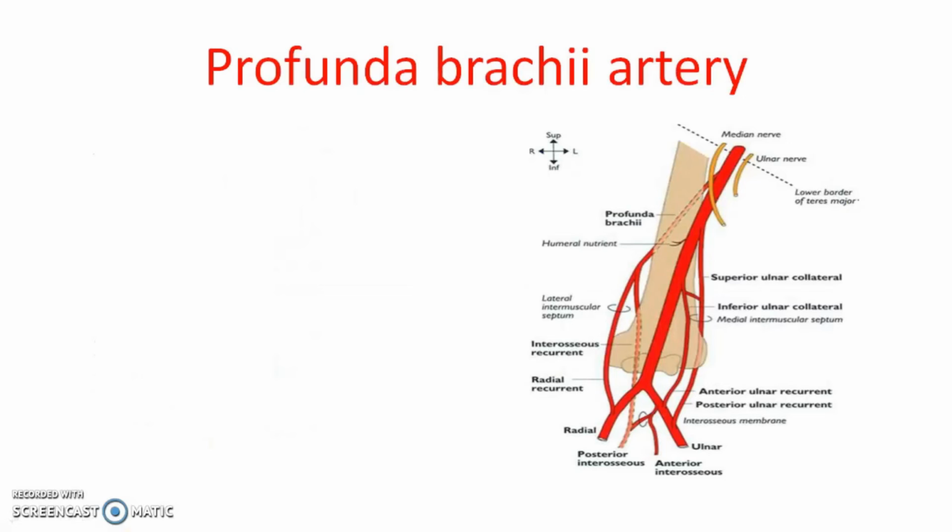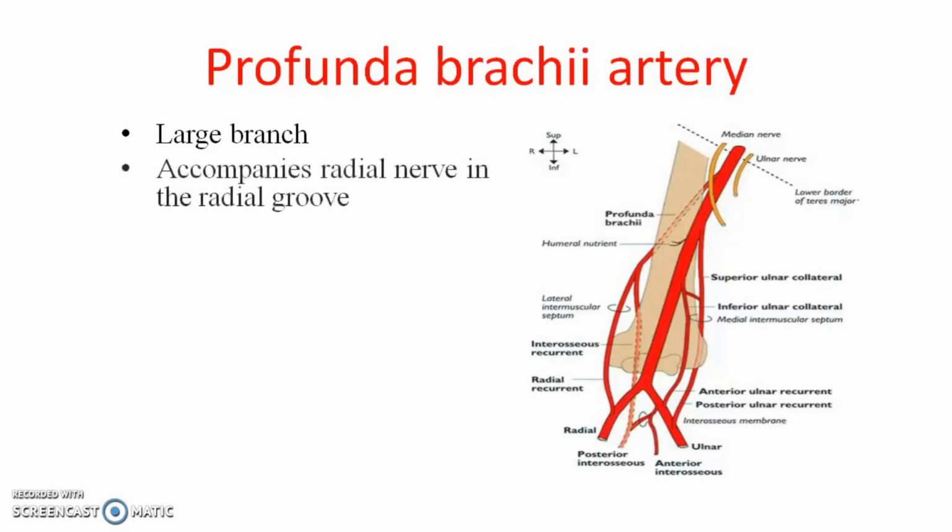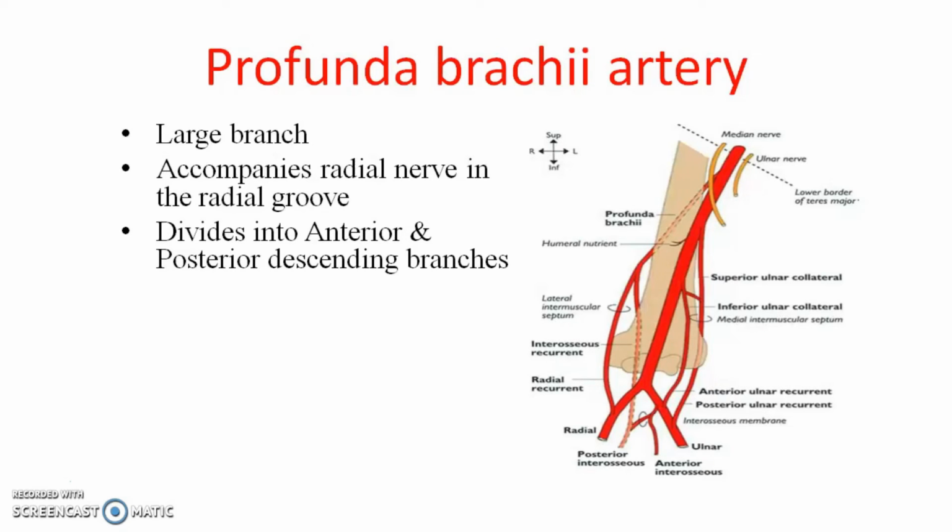Now we will talk about the profunda brachii artery, which is a branch of the brachial artery itself. Profunda, as I said, is the deep brachial artery and it is the largest branch coming from the brachial artery. It is going to accompany a nerve called the radial nerve, which passes along the spiral groove or radial groove of the humerus, and this profunda brachii artery again divides into 2 branches, such as the anterior and posterior descending branch,